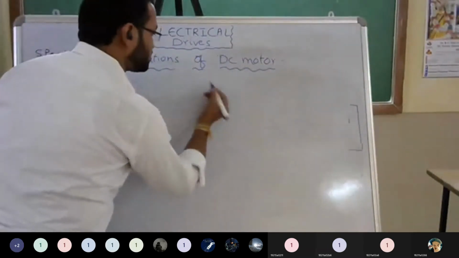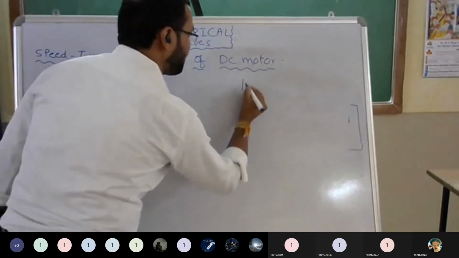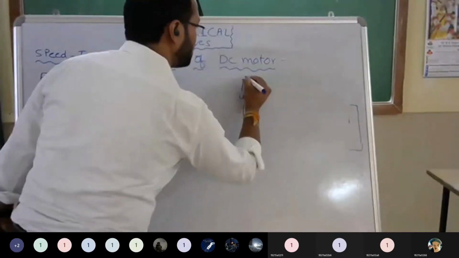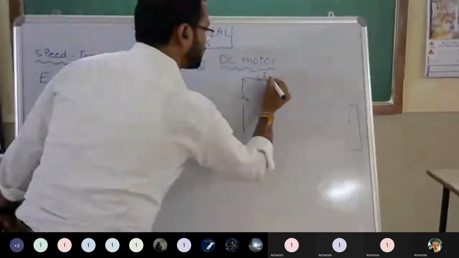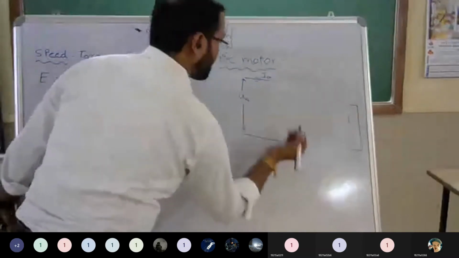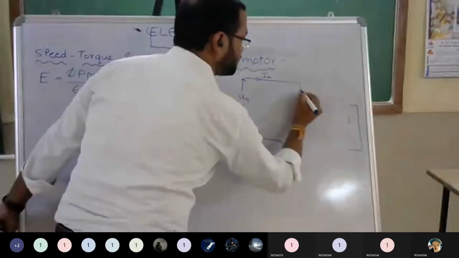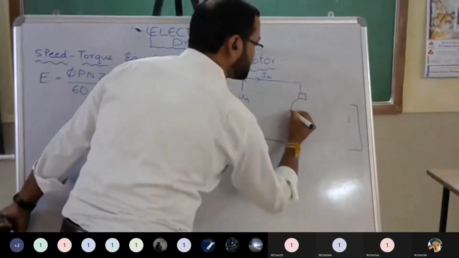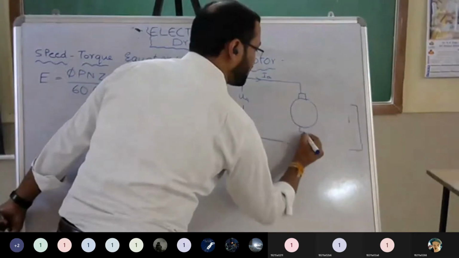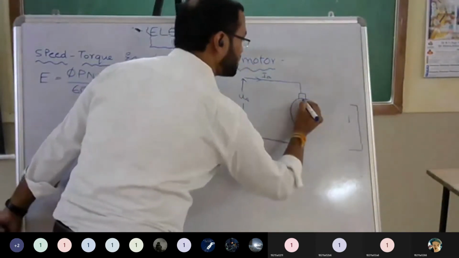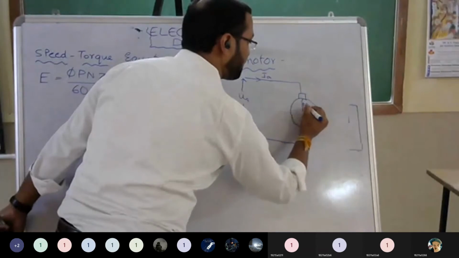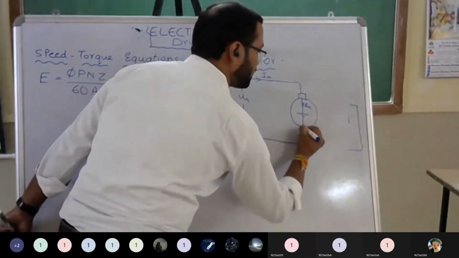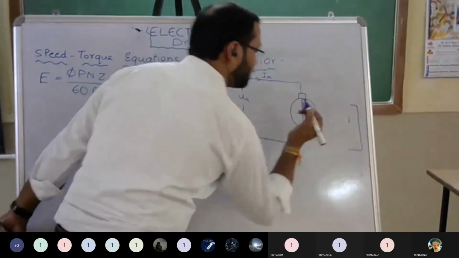So actually we are going with the drives and motor. Generally, in a motor we have to supply some electrical energy. I'm considering this is the voltage we are giving and the motor is taking current IA. So, a generalized diagram: suppose this is a DC motor. The DC motor has some armature resistance, which I'm taking as RA. And it has some back EMF, that will be EB.